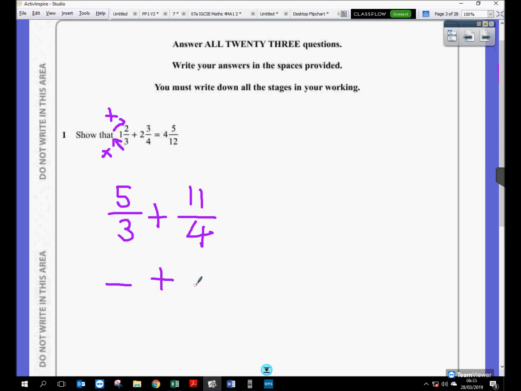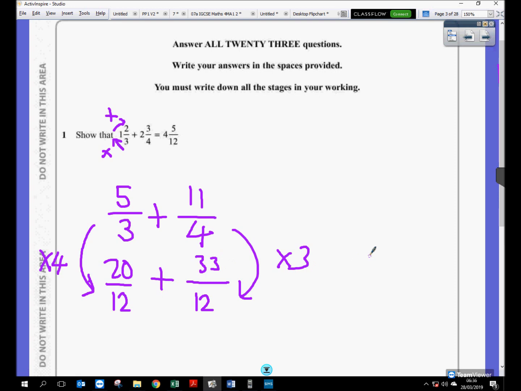We now need a common denominator. We use this method for adding and subtracting fractions. So, 3 and 4 both divide into 12. I like to write a little arrow here to say what I am multiplying the denominators by. So 3 times 4 is equal to 12, 5 times 4 is 20, 4 times 3 is 12, so 11